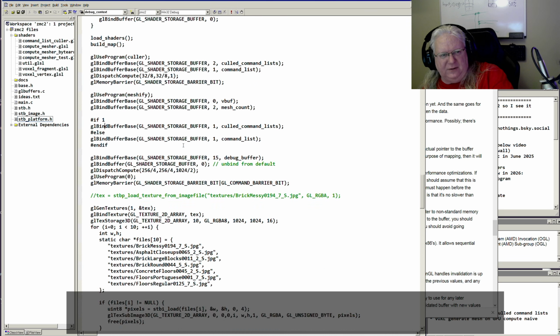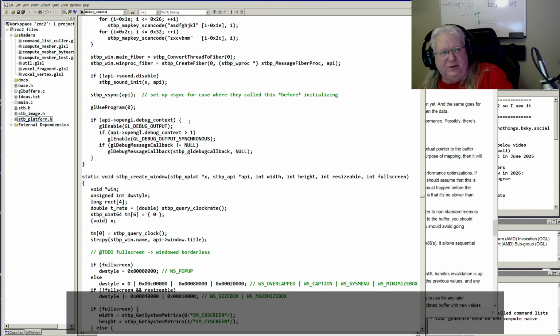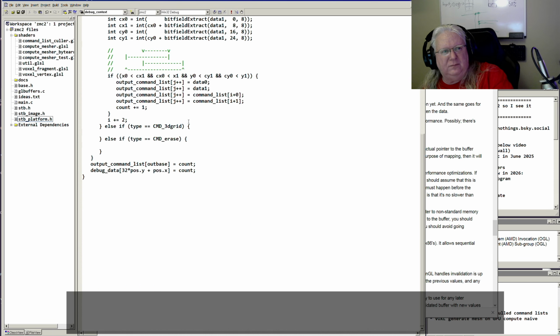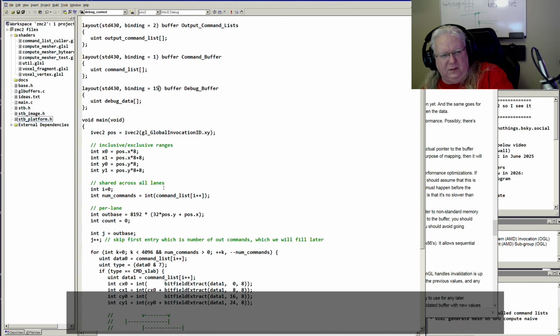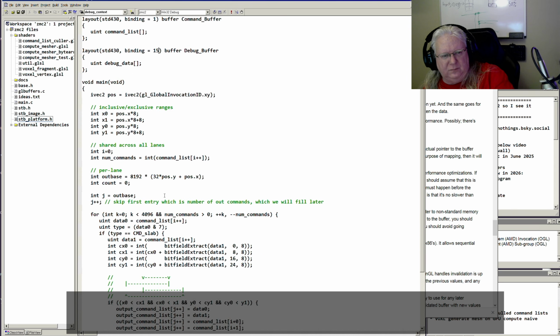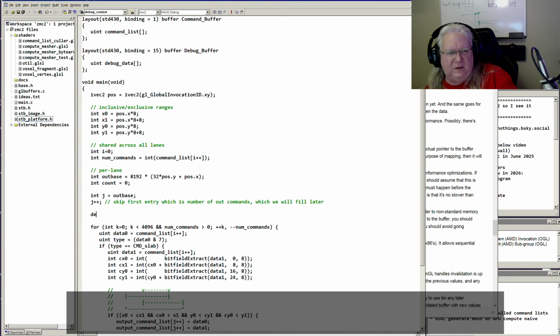Did I put it back to the same spot? I put it to 15. Did I put the other one back to 15? Yes. Debug data of